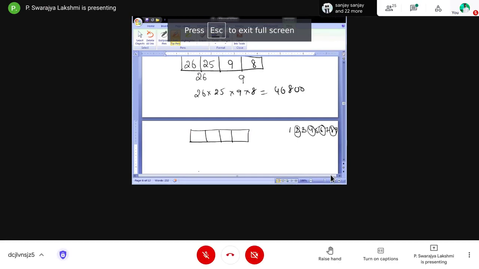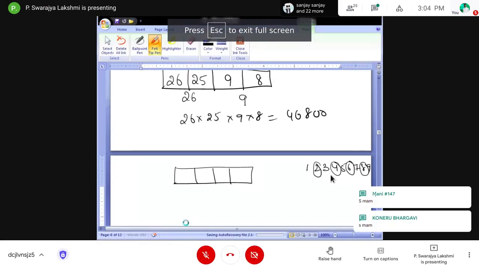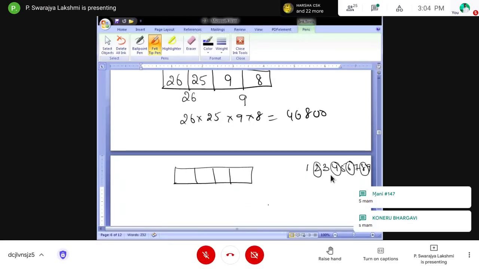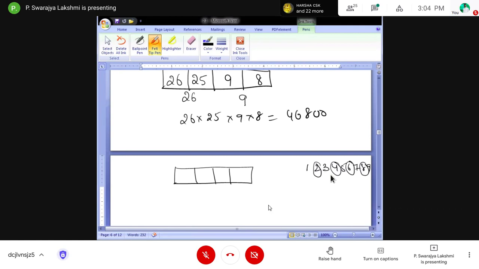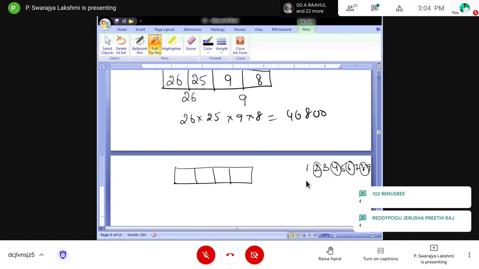Okay, the next question. It is given that it should end with an even integer. So how many even numbers are we having? 2, 4, 6 and 8.